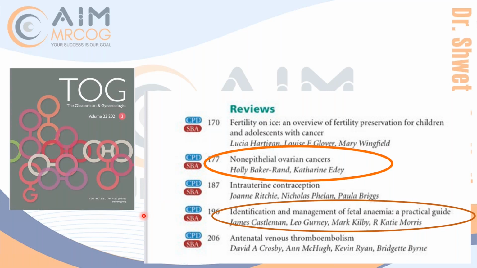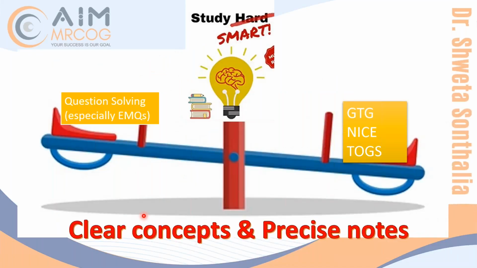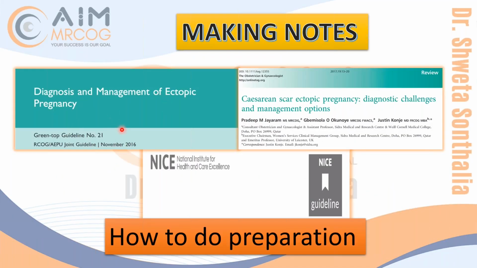But you have to keep all the screenshots, all the charts and the tables of TOG. Like if you see in GTG, there is always an appendix at the end. So the flow chart in the GTG, the appendix at the end is really, really important. Most of the questions come from there. So you have to gather everything module wise, keeping the things module wise. Keep all your notes, all your charts, all your things in one place so that at the end you will be able to revise it in a good way in your last month of exam. So this is very important. The appendix, the flow charts, most of the questions always come from there.